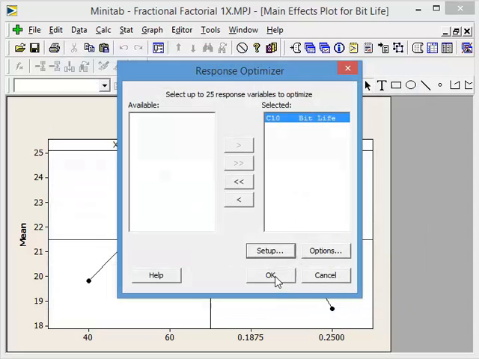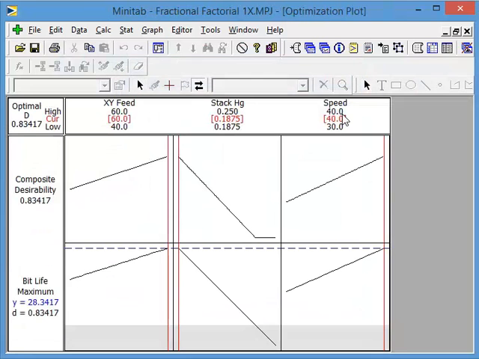And we're going to go ahead and say OK. So now what we have is it's telling us from a desirability standpoint, we should be at an XY feed of 60, stack height of 0.1875, a speed of 40, which is the level settings that we knew were the ones that were significant and the best settings. It's giving us a prediction of the bit life,